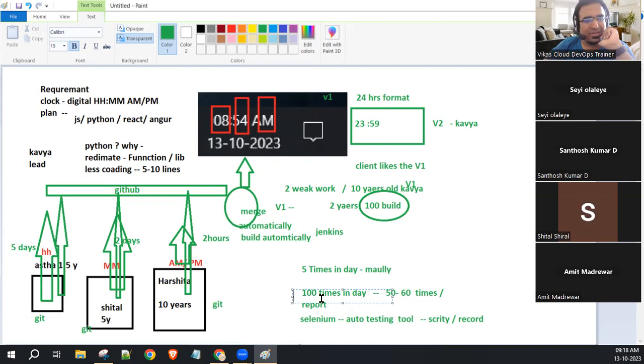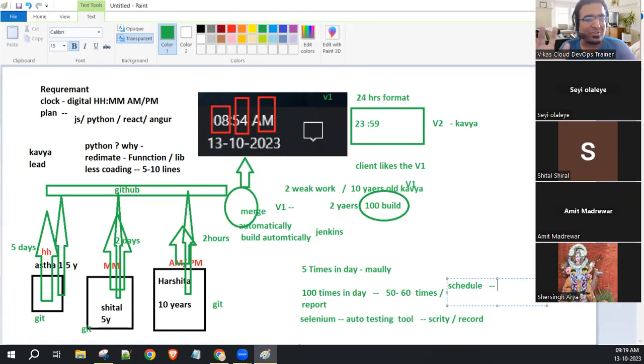Sir, by using a CI/CD pipeline. Okay answer, but I haven't got the exact answer. I need an accurate answer. Guys, give the answer fast. My requirement is I want to schedule this 100 times with a tool. I don't want to do it manually. Guys, in this place we are getting failed. Do you agree with my point? Yes. Even experienced people are getting failed.